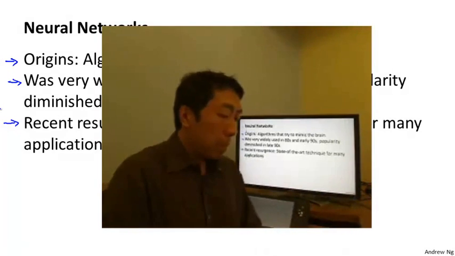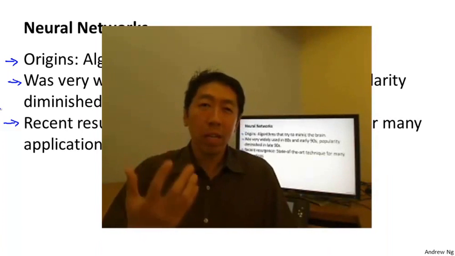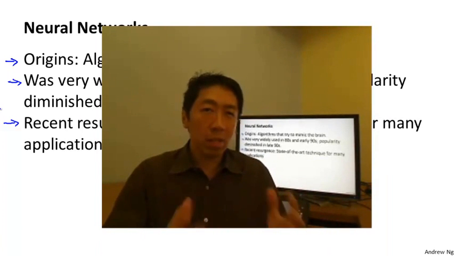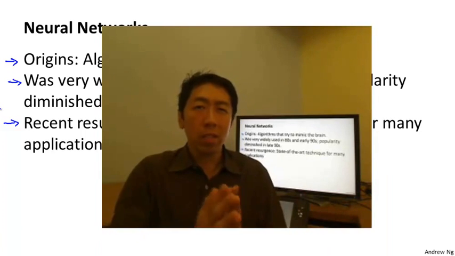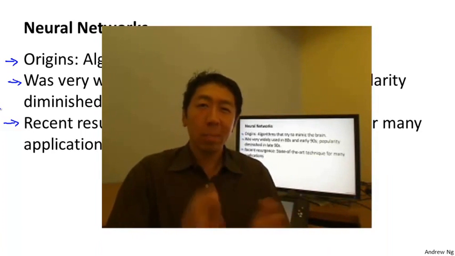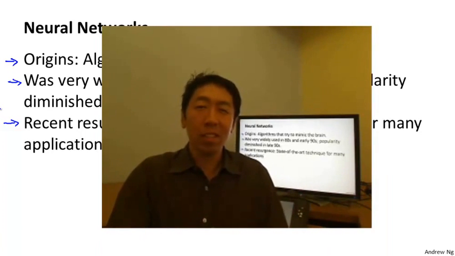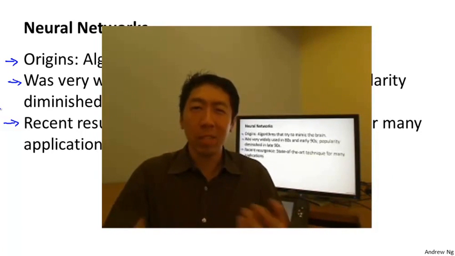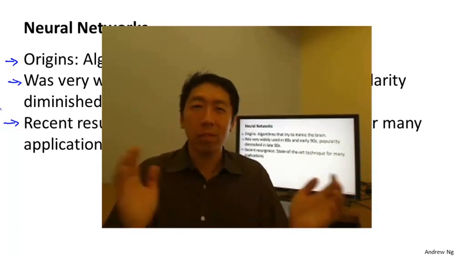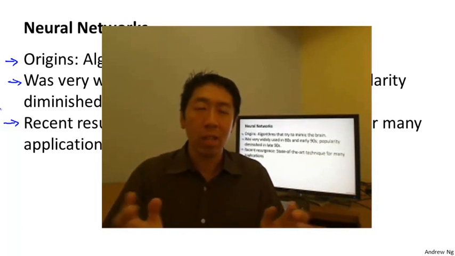So when you think about mimicking the brain, well, the human brain does so many amazing things, right? The brain can learn to see, process images, learn to hear, learn to process our sense of touch. It can learn to do math, learn to do calculus, and the brain does so many different amazing things. It seems like if you want to mimic the brain, you have to write lots of different pieces of software to mimic all of these different, fascinating, amazing things that the brain does.